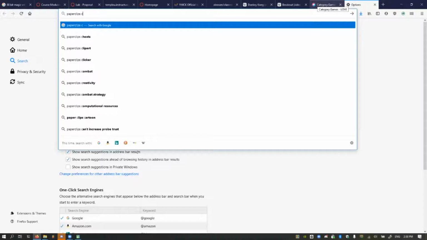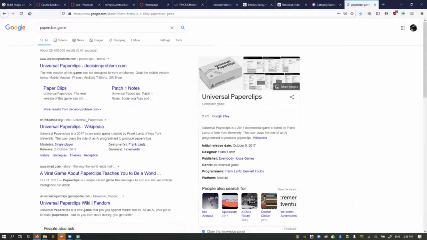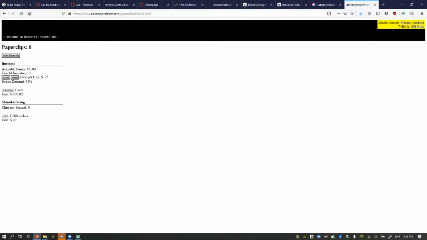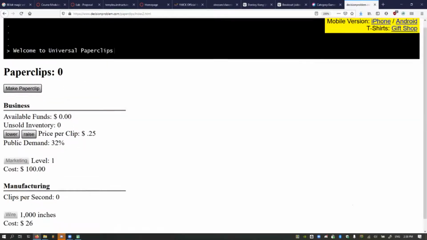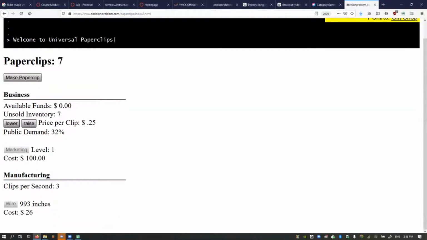So one kind of game that I enjoy a bit is clicker games. This is a game where you play as an AI whose job is to make paper clips. You make paper clips and you sell them. And it kind of gets a bit existential, but basically this kind of game where you just click a button until clicking a button gives you